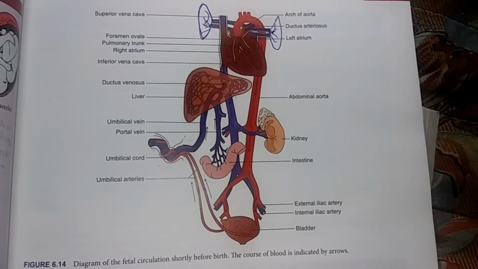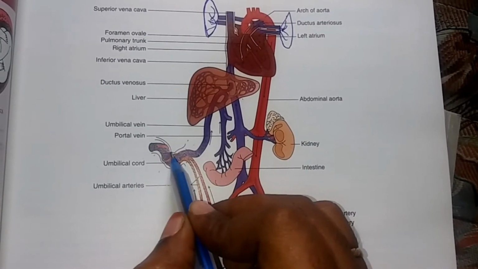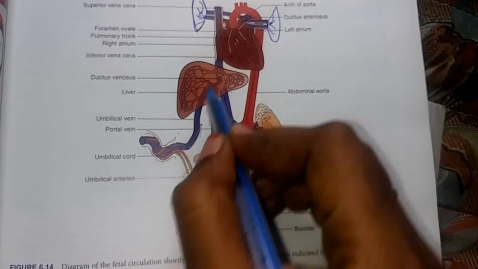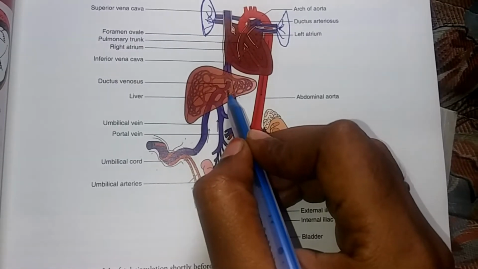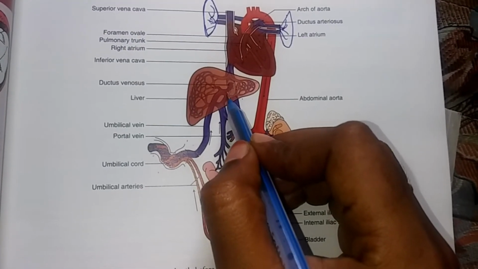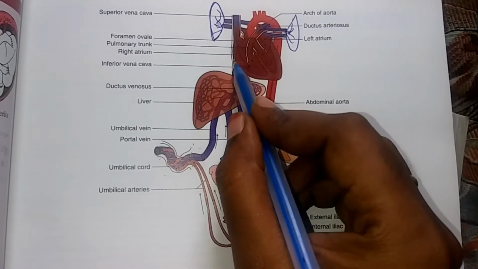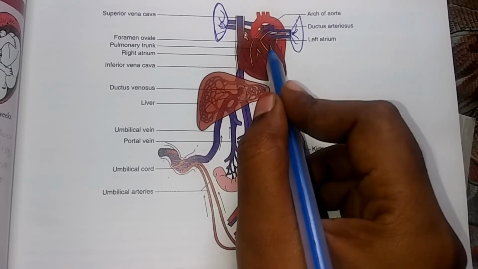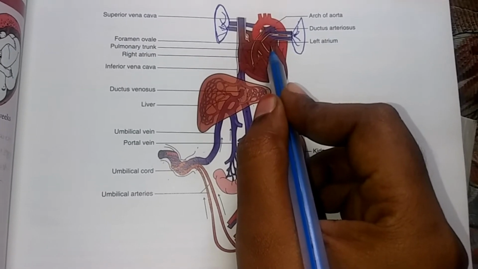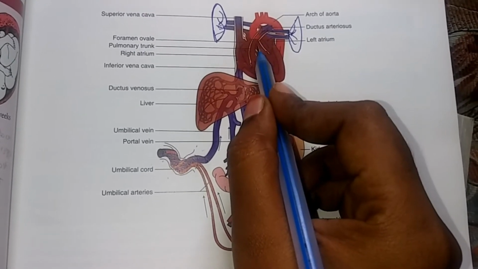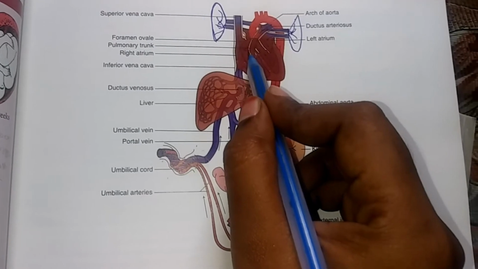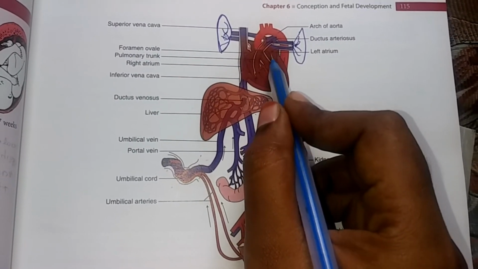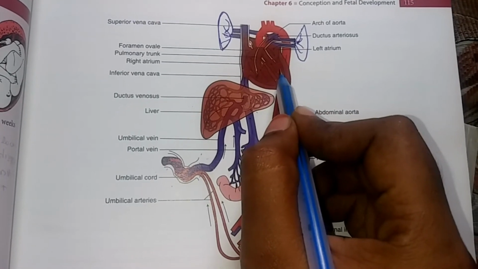Here, the umbilical vein from the placenta is connected to the inferior vena cava through the ductus venosus. The inferior vena cava opens into the right atrium. From the right atrium, blood passes through the foramen ovale. The foramen ovale is the connection between the right and left atrium. From the left atrium, the blood is directly shunted into the left